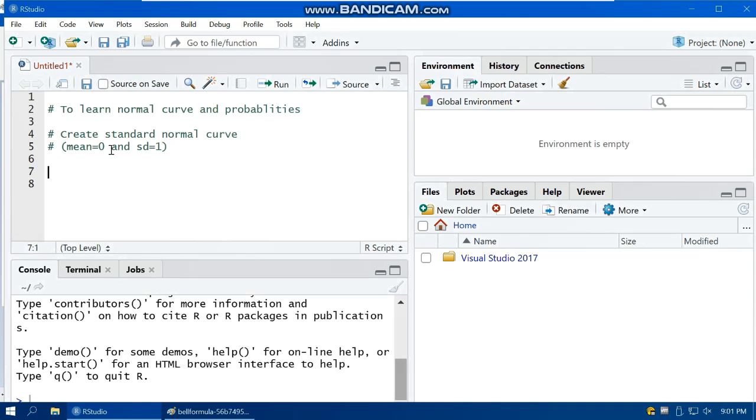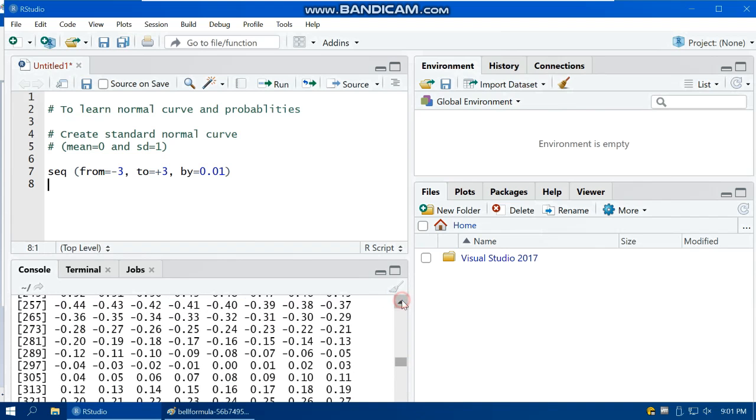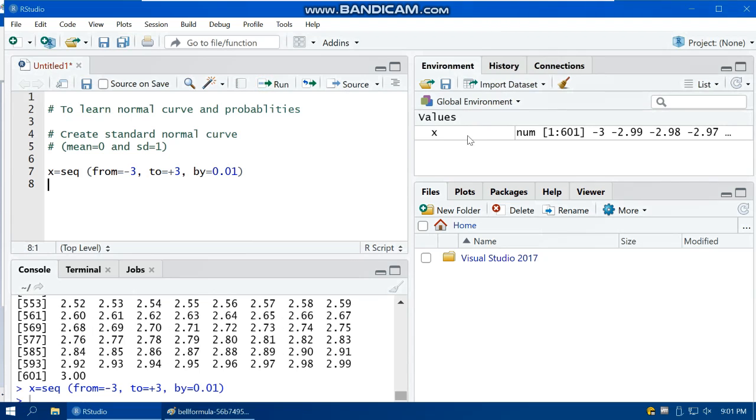So to create a sequence, if you remember, we use the seq function, from -3 to +3, and then by, which shows the steps, for example, by this value. When you click run, it will create the values from -3 to +3. So actually we are producing the x, right? I save this into an object with the name x. If you click run, now we will have the x here running from -3 to +3, and the steps are